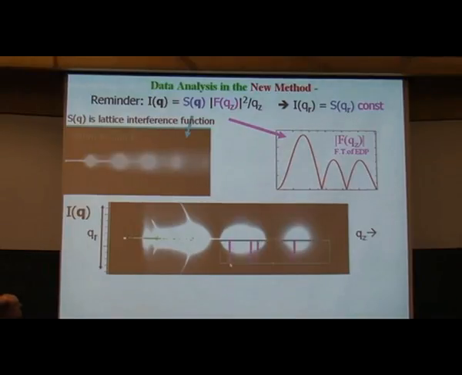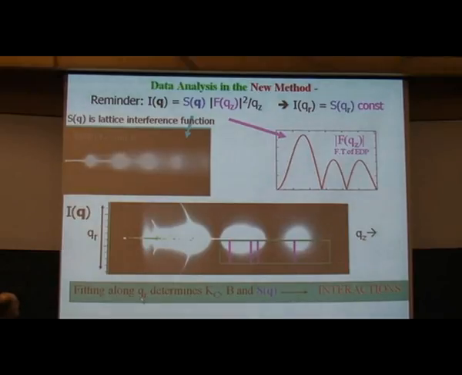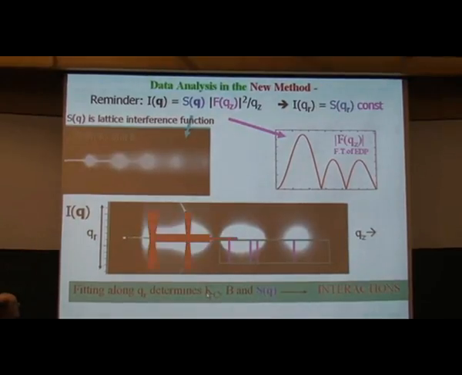So I'm going like this in these directions, and I can do it for many, many different QZ values. And I can fit the data there. So fitting along QR, simultaneously along all these QR slices, I can determine Kc and B. I've already shown you the Kc, won't show you the B today. And then I can determine the S of Q, which is this up here. And of course, the Kc and the B lead to interactions between bilayers and the flexibility, so I've already done that. But now I also want to do structure.